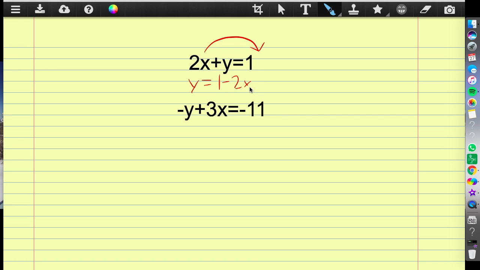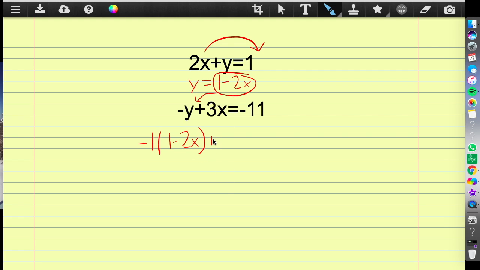And now we know that since y is equal to 1 minus 2x, we can substitute this entire value into this equation down here for y. When you do this, I'm going to be a little bit careful because I know that this is really a negative 1y. I am going to write it as negative 1 and then times the entire quantity of 1 minus 2x because I want to make sure that that negative 1 gets distributed to that entire quantity